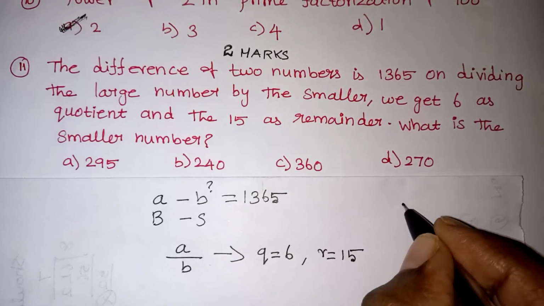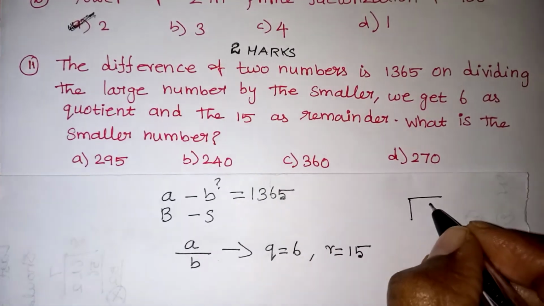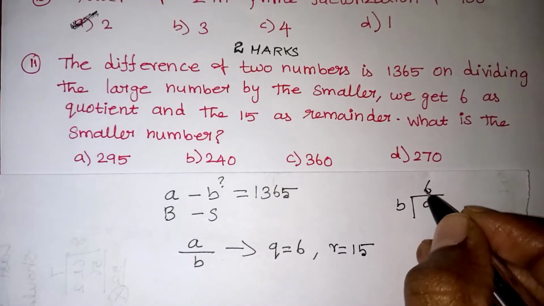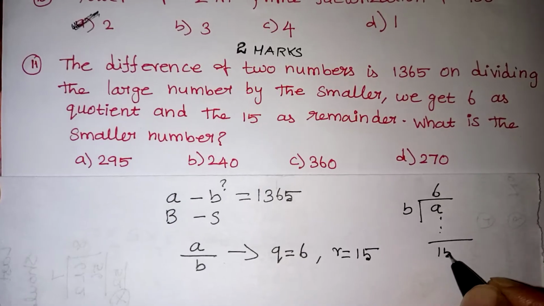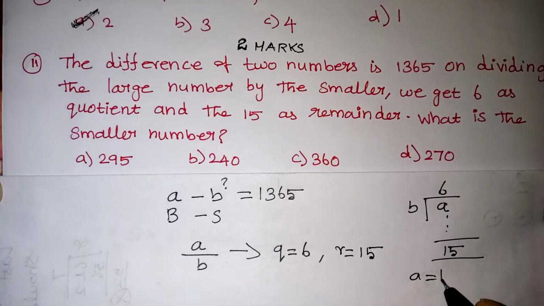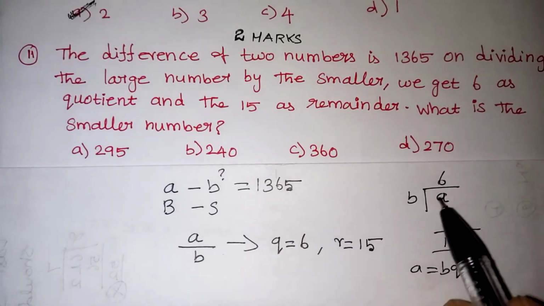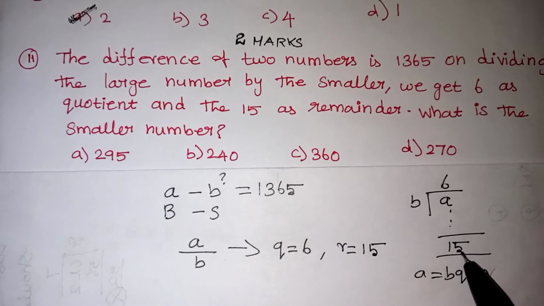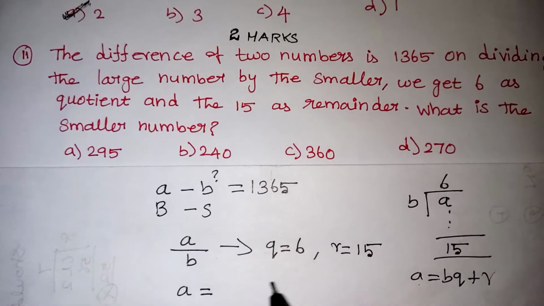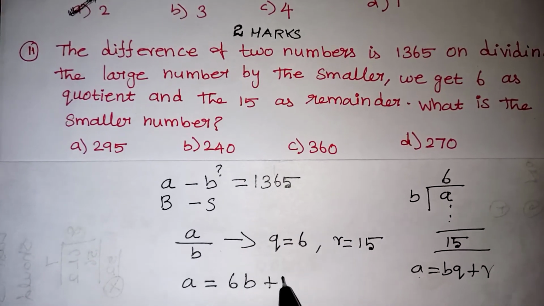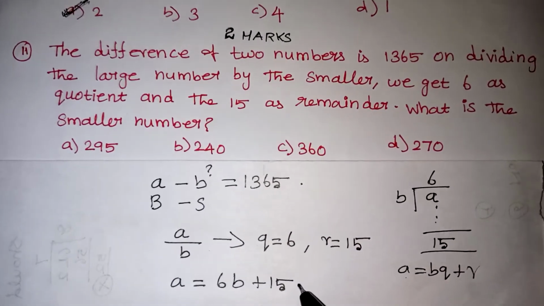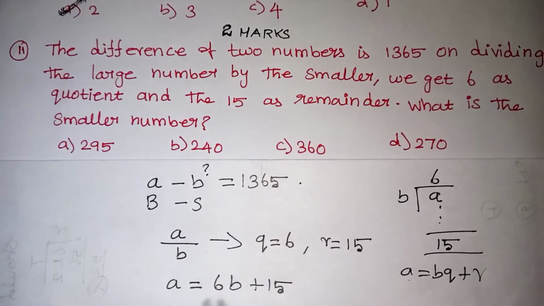Now listen. So they are dividing A by B. So they are dividing some number A by B. We are getting some quotient. That quotient is 6. And we are reaching some remainder. Remainder is 15. So according to Euclid's lemma, we can say that A is equal to BQ plus R. So when we are multiplying these two numbers and adding 15, definitely that answer will be A only. So we can write A is equal to 6 times B plus 15. So this is our first equation, this is our second equation. So from here we need to find the B value.